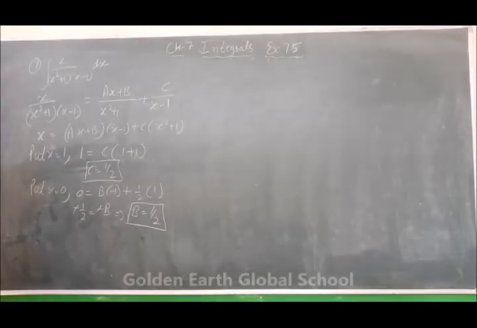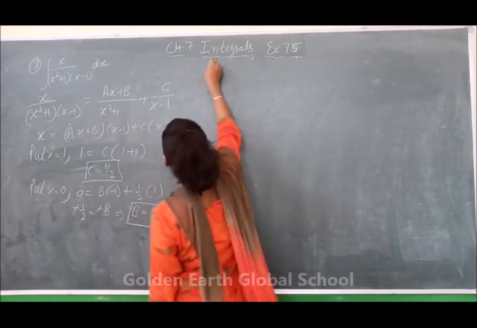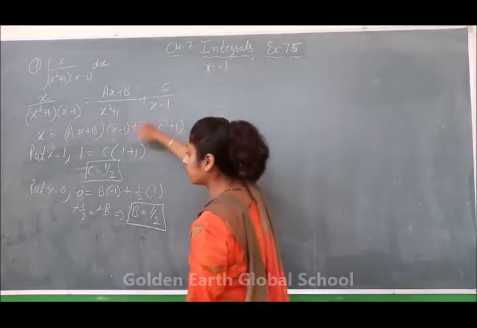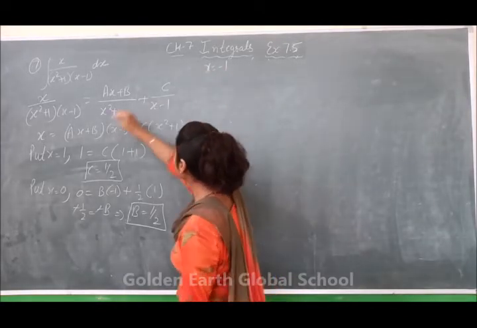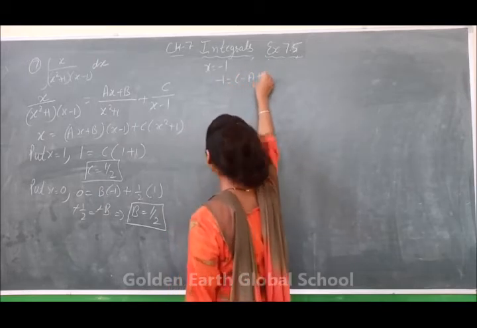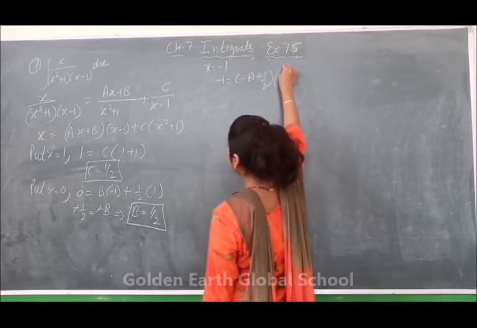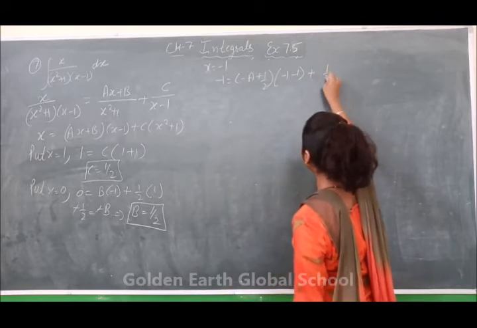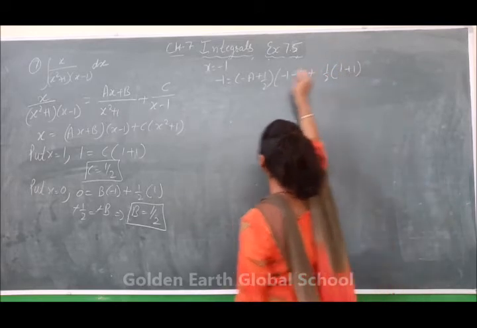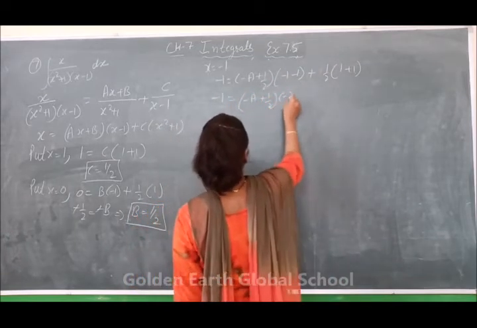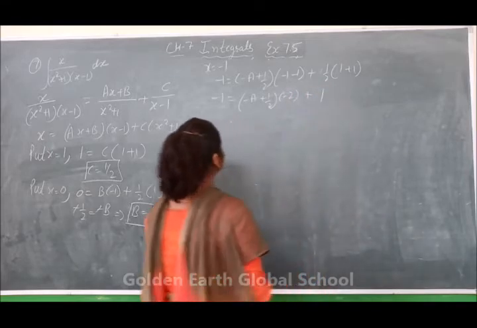Now we have to find the value of A. Again put x is equals to another constant. Let it be minus 1. You can put anything. These are the easiest terms. So I put 1, minus 1 and 0. If you will put x is minus 1, minus 1 equals to minus A plus B is 1 by 2, X is minus 1 plus C is again 1 by 2, minus 1 square plus 1. Minus 1 equals to minus A plus half minus 2. So it will become 1 only.